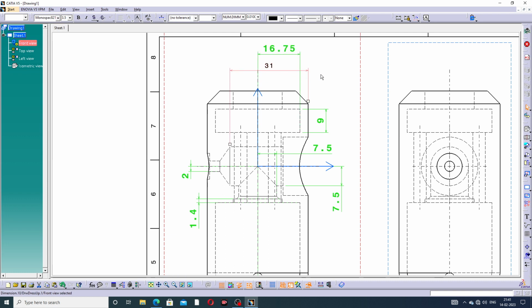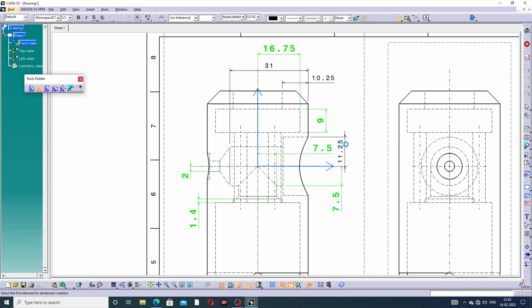and this is perfect, and next is a double click here, and next is a 10, means this line to this line to this. Okay, 10.25, 10.25 is correct, and again select this line to this, and click here, this line to this. Okay, 11 point. Okay, this is correct,